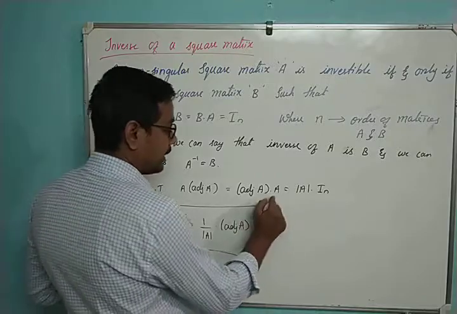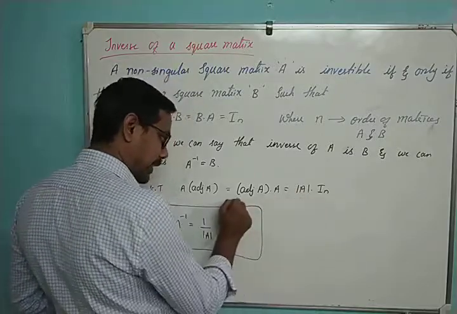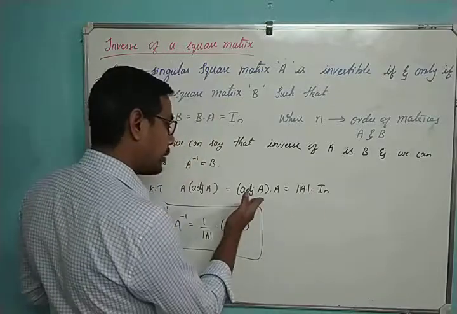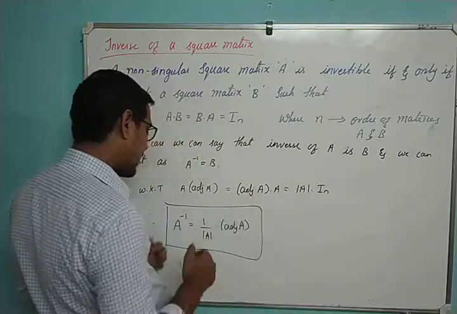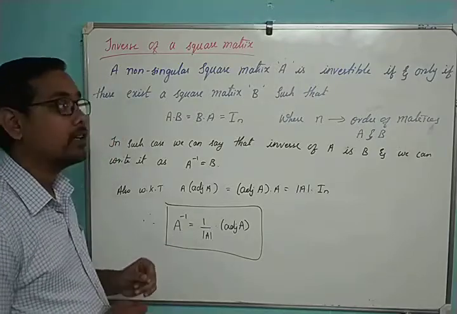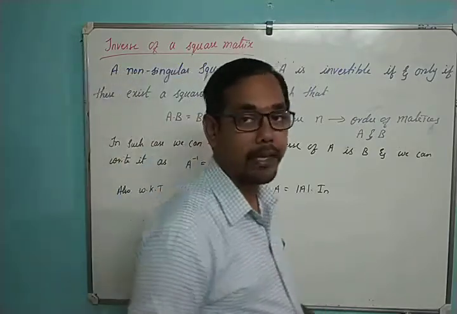If I take A here and if I bring determinant here, then 1 upon A is nothing but A inverse. So A inverse will be adjoint A divided by determinant A. That is nothing but written as 1 over determinant A into adjoint A. So this is how we can calculate A inverse also,